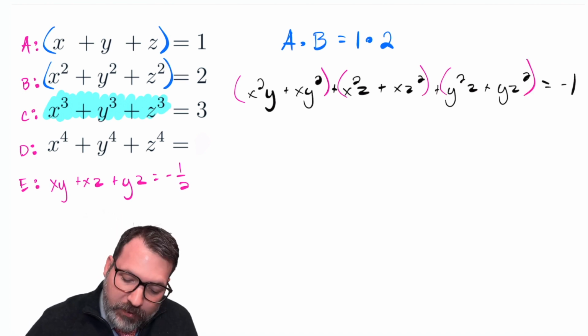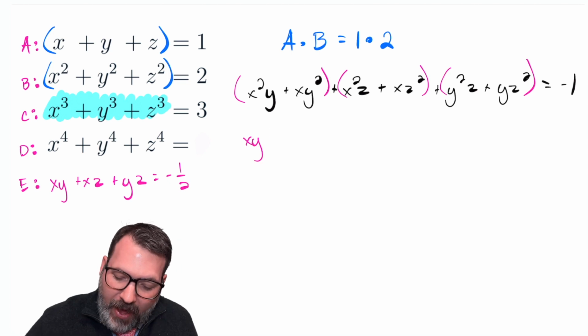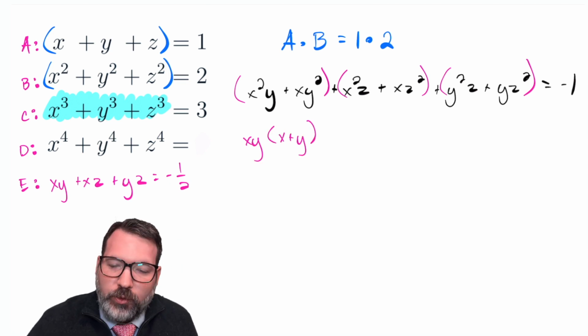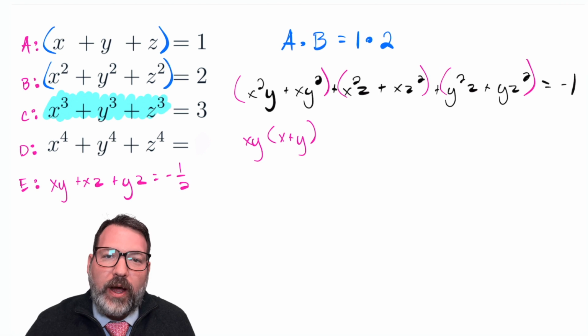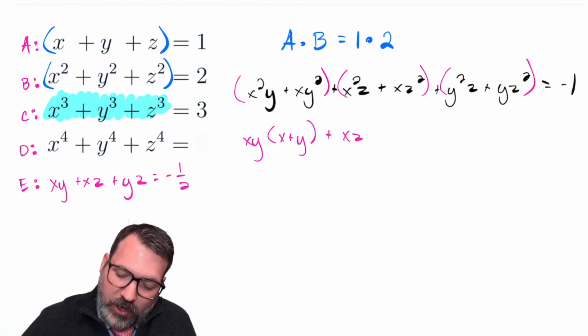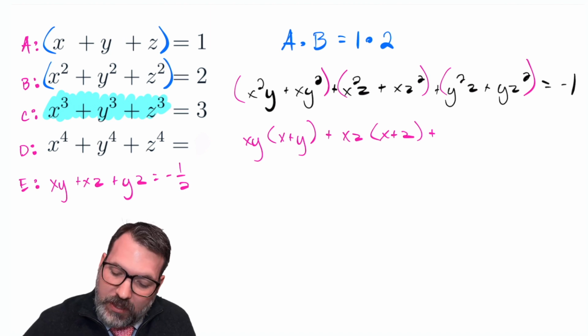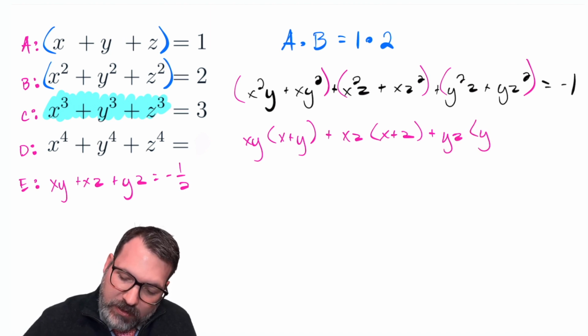in common. For these first 2, we can see that they share x and y in common, and again, after we factor, it's going to leave an x plus y behind. For these next 2, they share x and z in common, and they leave behind an x plus z, and for this third set, they share a y and z in common, and they're going to leave behind the sum